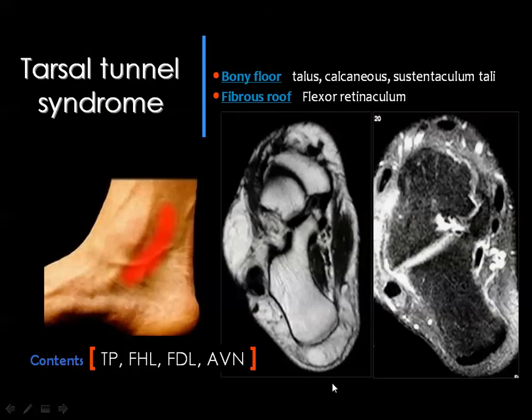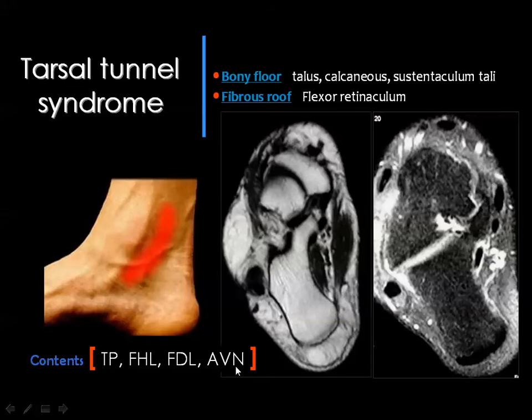Then we came to the tarsal tunnel. The tarsal tunnel is formed by a bony floor and a soft tissue roof. The bony floor is made of this part of the calcaneus, which is known as the sustentaculum tali, and the talus, as well as the body of the calcaneus. The tarsal tunnel contains the flexor tendons, the tibialis posterior, the flexor digitorum, and the flexor hallucis, together with a